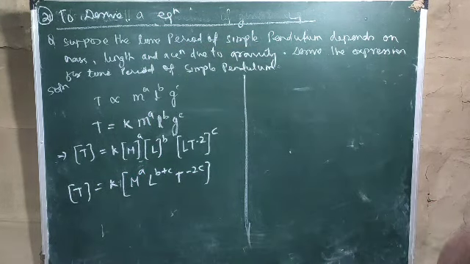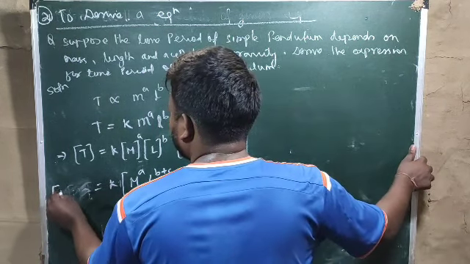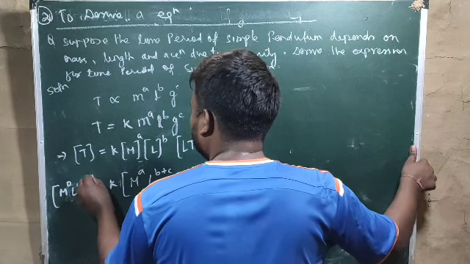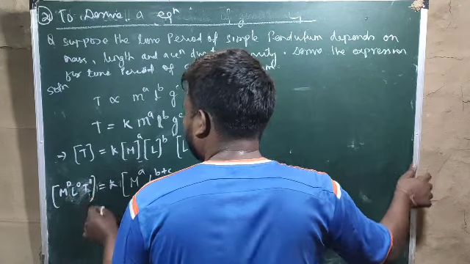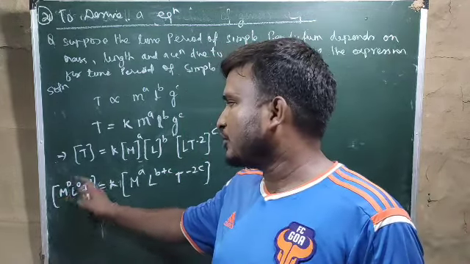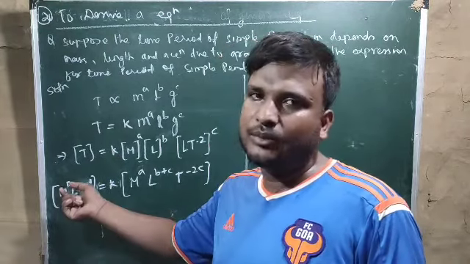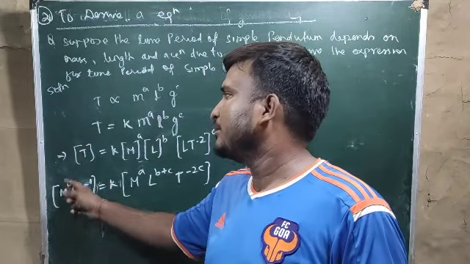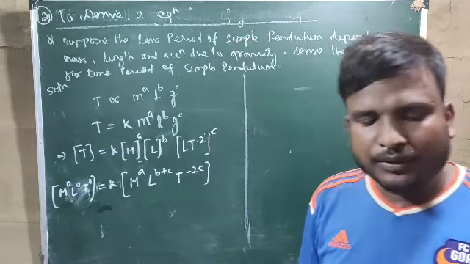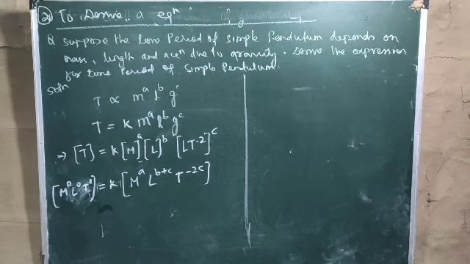Now on the left hand side you see only time is there. That means M to the power 0, L to the power 0 and T to the power 1. The dimensional formula of time is only T. Mass to the power 0 and length to the power 0, because anything to the power 0 is equal to 1. So we have not written M to the power 0, L to the power 0, and it will be okay. Now comparing